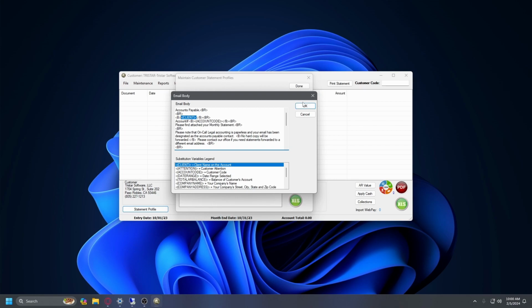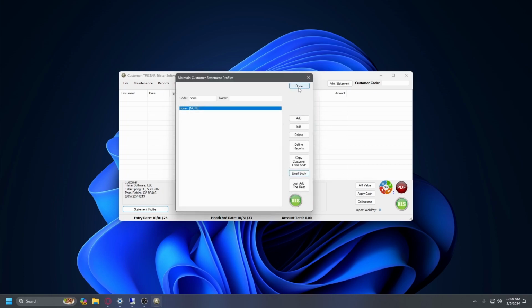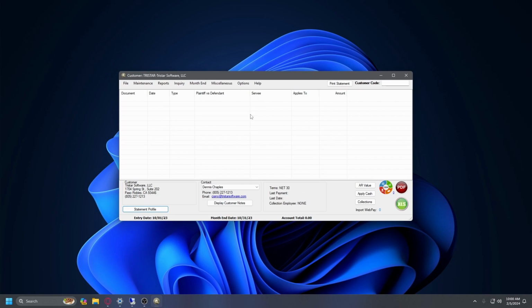The email body is for all customers. It is not specific to one customer. Now that we have our statement profile, we can go ahead and click done. Now what you're going to want to do is you're generally going to want to import all of your invoices